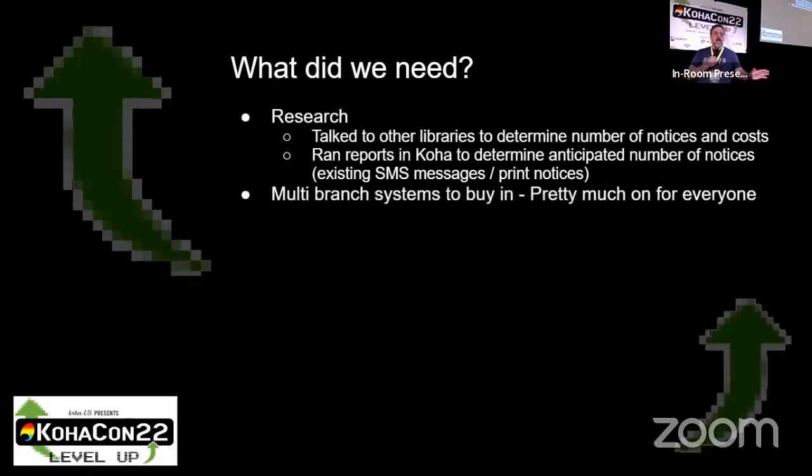We also had to have a multi-branch system buy into this. Basically, everybody had to buy into this. The previous phone system was set up in a way that just the 4 libraries that opted in were sending out those notifications technically, because the way the notifications go out, it's basically the circulating library that's sending out the notifications. So I wanted to make sure that we were getting covered properly in this, and I wanted everybody to buy into this, not just certain libraries, because technically it was hard to determine what library was sending notifications and what wasn't,